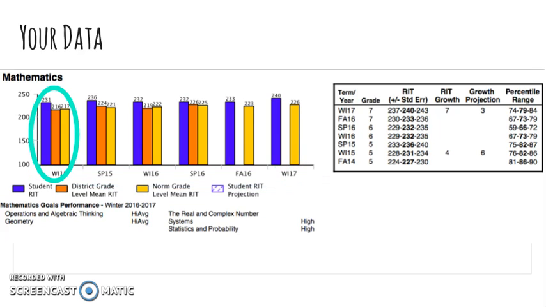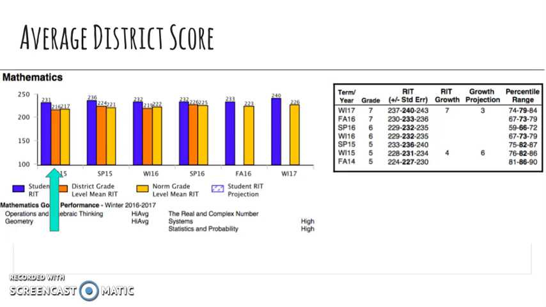If we look at this score, I'm going to break down what the different bars mean so that you know how to read this with your families and also for yourself. The first bar shows your actual score. So if you look at this Kipster, their score is the first bar and the number is on top. So this Kipster scored a 231. The next score represents our average district score. So our district are the schools that are all around us. So for example, the schools that are down the streets, those are the ones that we're comparing your score to. An average is also known as mean. So it's what most Kipsters got.